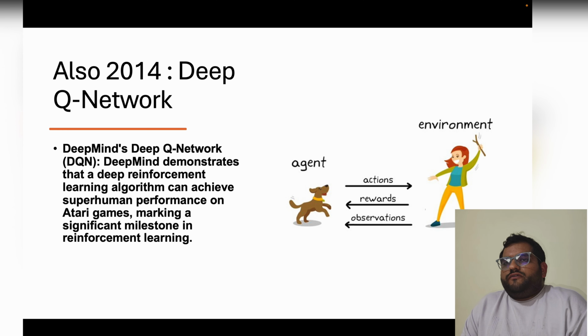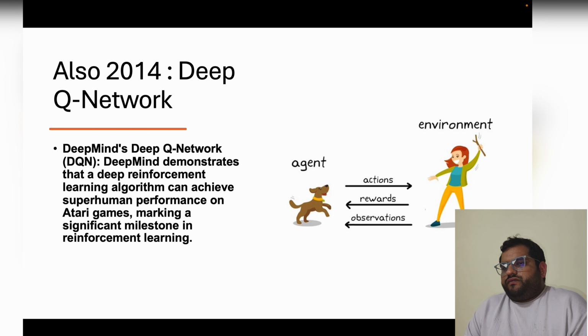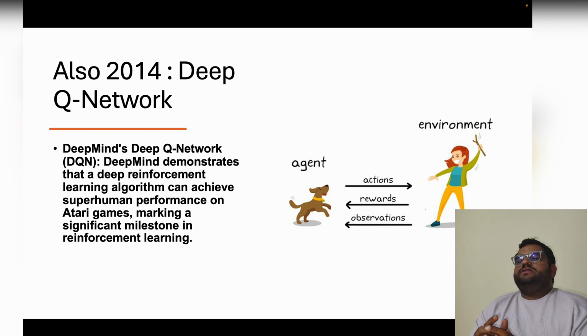Also in 2014, deep Q-networks were there. Deep Q-networks are used for reinforcement learning. Now they have agents, and you can teach them anything you want to train them on. You'll have a carrot and stick method, in which you will train the agent in such a way that those agents are able to learn the things.